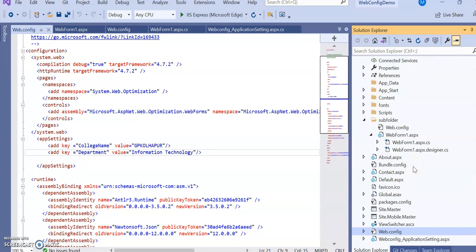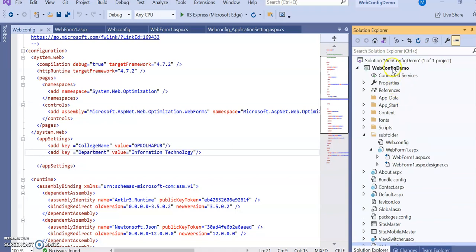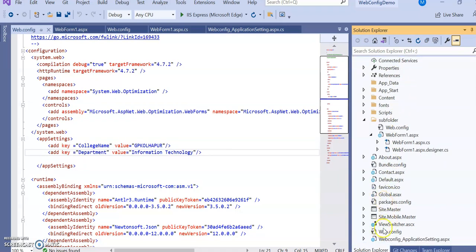Suppose you want to do the configuration setting for your application, for your subfolders, then we can write this configuration into the web.config file, and then this configuration will be applied to all the pages available at that level. Now you can see this web.config demo has one web.config file.